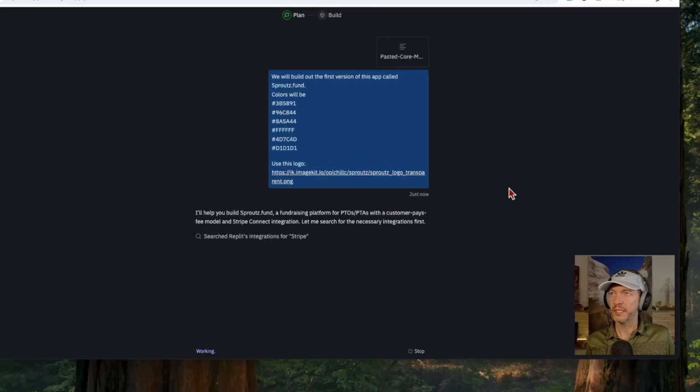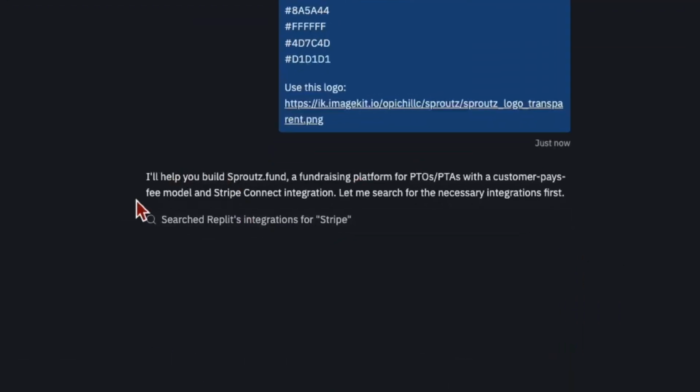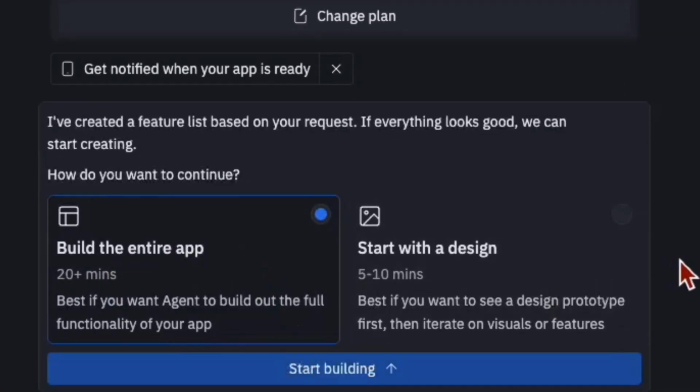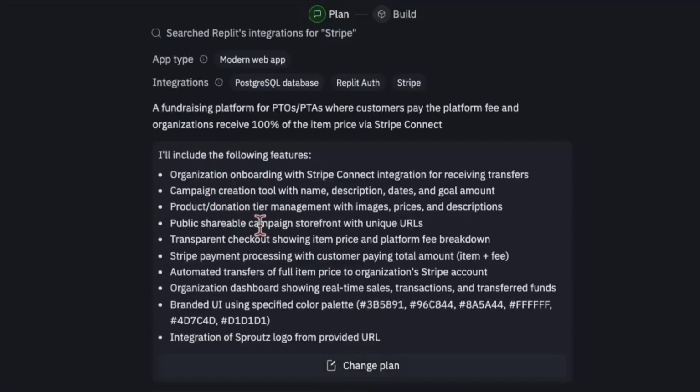You can use our prd.opeachy.ai tool for making yours and getting the first version of your app put together. We're going to let this run for a little bit and go through its build process. It's going to ask me a couple questions here. If you've already used Replit before, it asks if you want to build a certain set or if you want to do just a design first. Then we will tell it to build right here, build the entire app. Okay. We're going to let it do this process